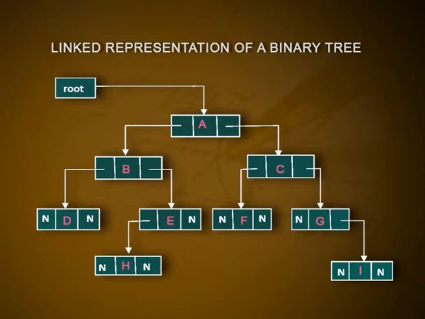In this figure, link fields of A contain the address of the nodes B and C. The right link of E and left link of G consists of null, which means that the right subtree of E and left subtree of G are empty. The nodes D, F, H, I contain a null in both the link fields because these are the leaf nodes of the given tree. As with other data structures, searching of a node, insertion of a node and deletion of nodes are possible on binary trees.